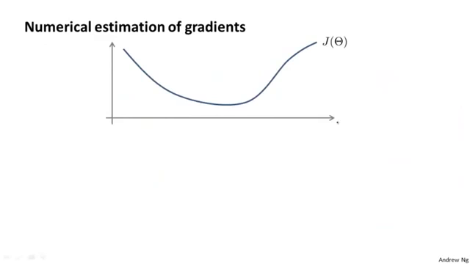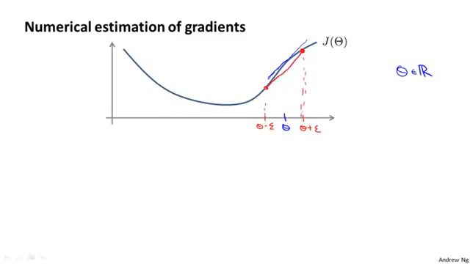Suppose I have a function J of theta, and I have some value theta, and for this example, I'm going to assume that theta is just a real number. And let's say I want to estimate the derivative of this function at this point. And so the derivative is equal to the slope of that tangent line. Here's how I'm going to numerically approximate the derivative, or rather here's a procedure for numerically approximating the derivative. I'm going to compute theta plus epsilon, so a value a little bit to the right, and I'm going to compute theta minus epsilon, and I'm going to look at those 2 points